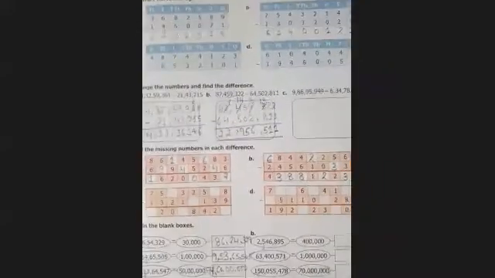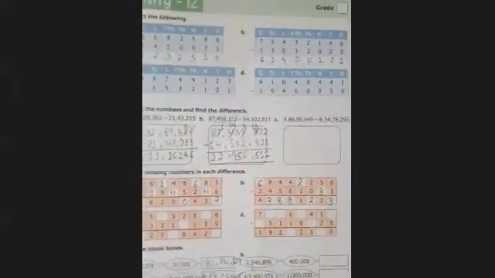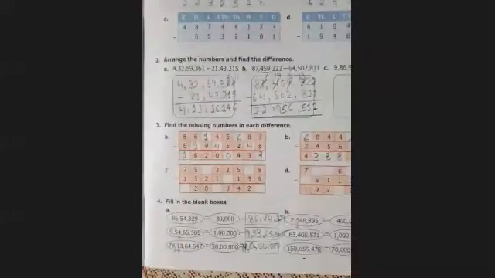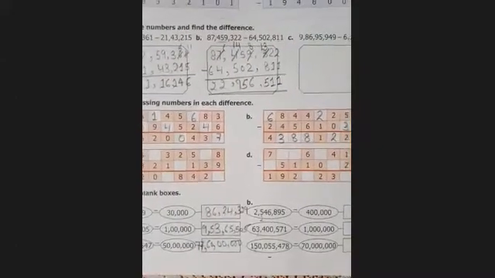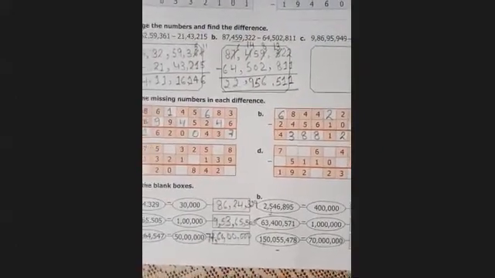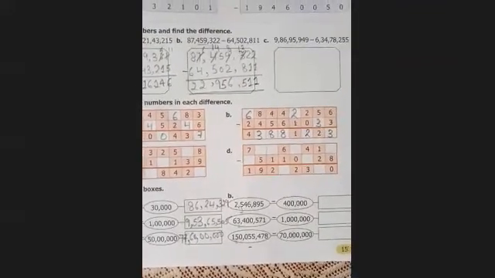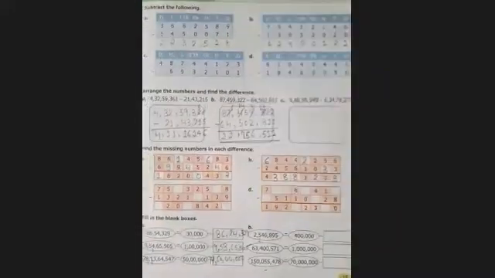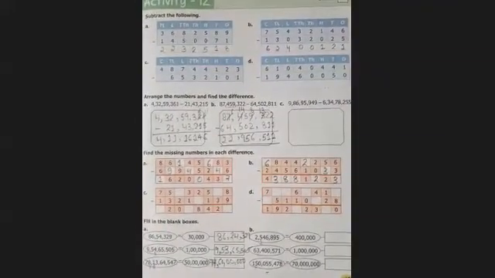D part you will do it as homework. Once again I am telling you, question number 1 A B completed, question number 2 A and B completed, question number 3 A B I have done, and question number 4 A I have done, B you will do at your home as homework. Complete it fast. I am giving you 5 minutes to complete it. After this, we will start the next activity.